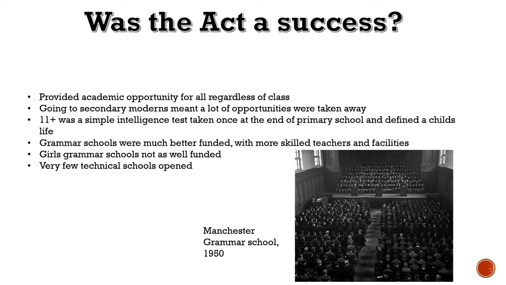There weren't many technical schools opened, and the secondary modern schools really didn't provide the opportunity for a lot of people. So, for instance, boys and girls would be separated. Boys would go and do woodwork, girls would go and do home economics. There were actually even flats built into these secondary moderns, whereby girls would go and practice being housewives. Okay, so if they did go to a secondary modern, the opportunity to do anything academic was pretty much taken away straight away. And again, it didn't seem fair to make this decision based on one test that they'd done at the end of year 6.